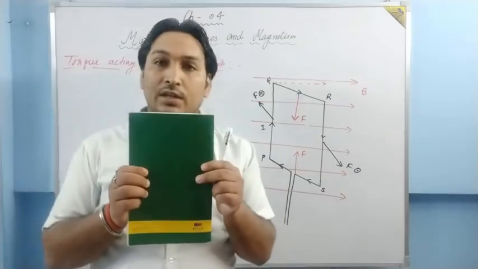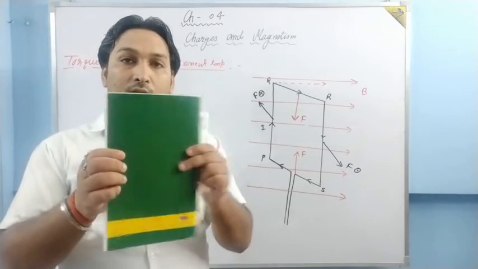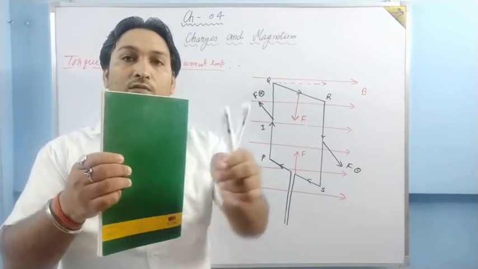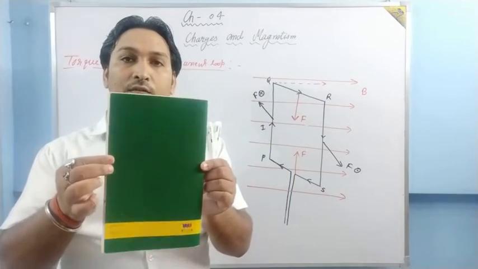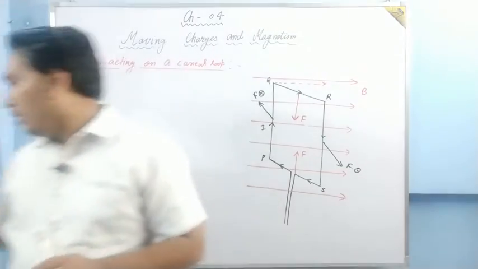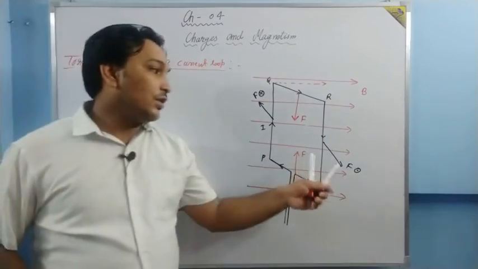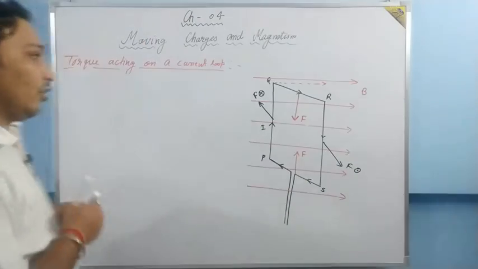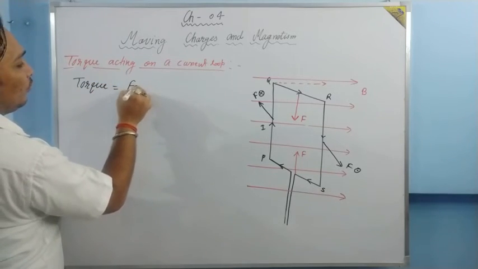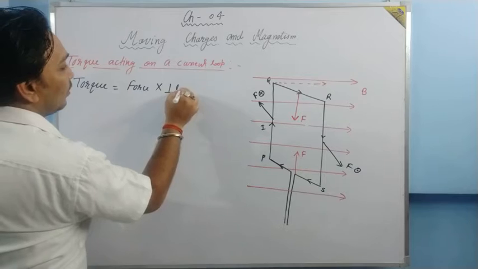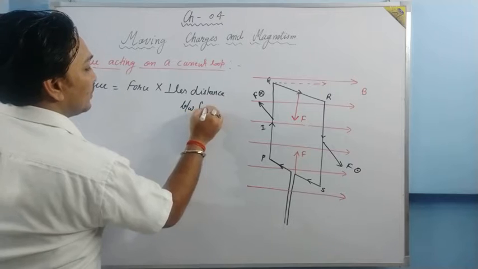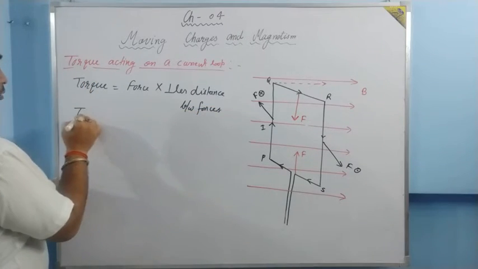Suppose it is like this. So now what is happening? The coil is kept like this. Suppose on this side the force is towards me, on this side the force is towards yourself. So what will happen? This will rotate the coil. Is it clear? So basically these two forces will cause a torque, and that torque is given by force multiplied by perpendicular distance between forces. Torque is represented by tau.